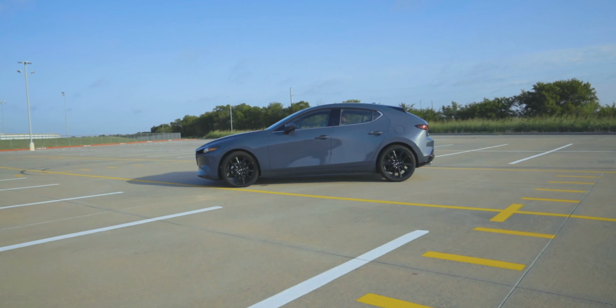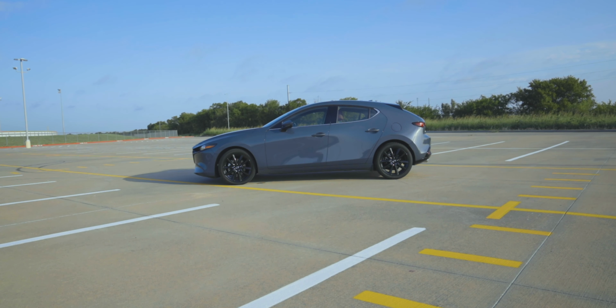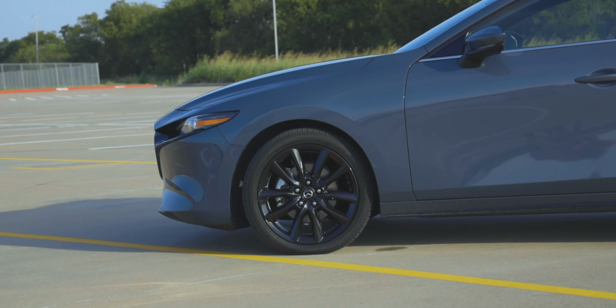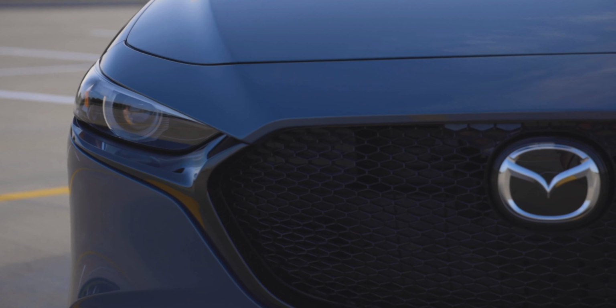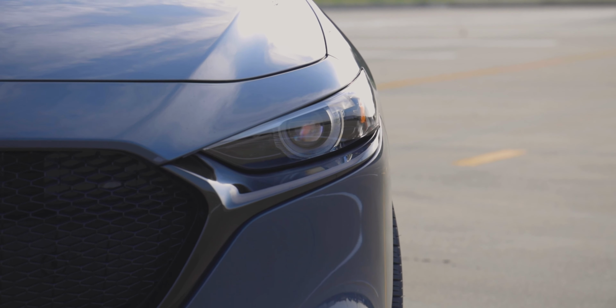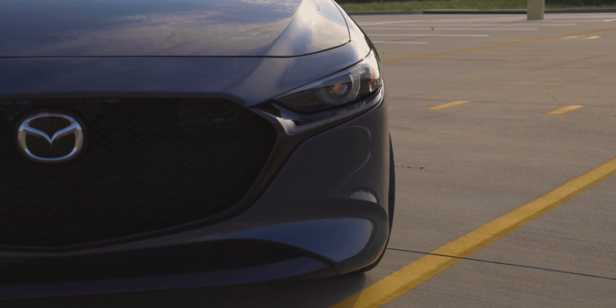So Mazda's Kodo design keeps evolving, and it keeps looking more and more beautiful every time they tweak it. Less is more is one of the key slogans you'll hear Mazda designers talk about, and there's lots of examples of that here. The headlight design really shows off that less is more design language. You have a minimal light source here with the LED headlight. It's in this beautiful round design, and there's a lot of depth to it with the headlight really reaching back